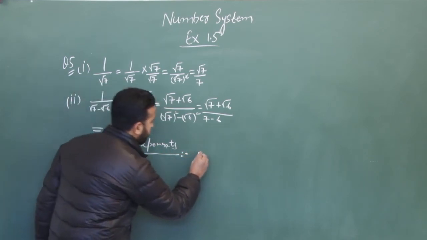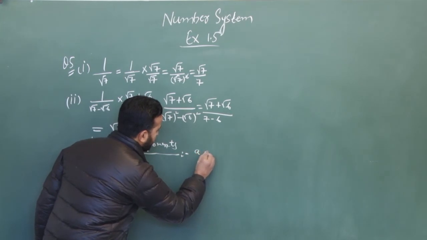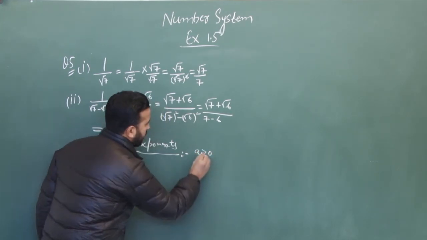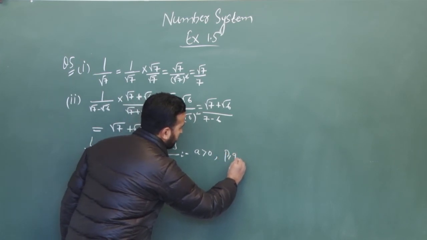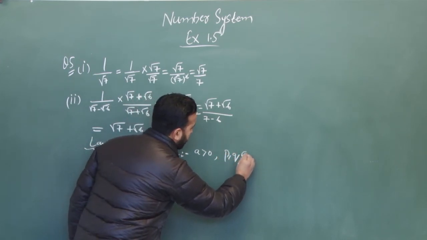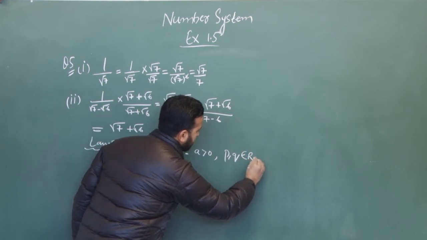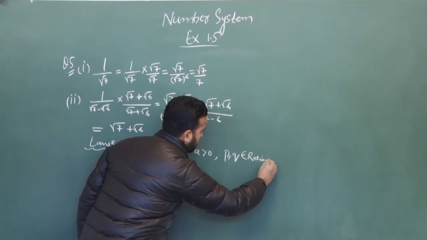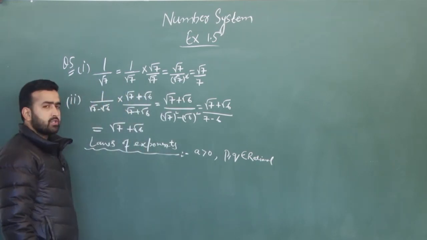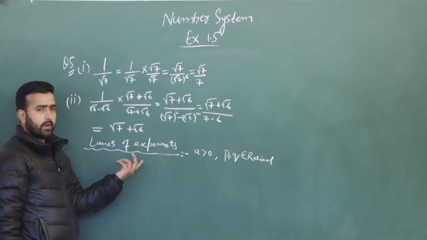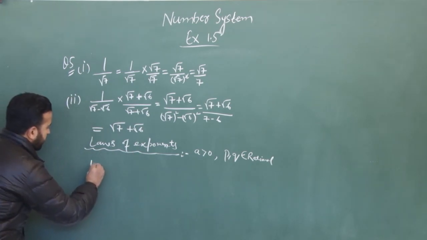That means if a greater than 0 is any real number and p, q belong to the rational numbers. So what are the different laws that we call the laws of exponents, or in other words we can say laws of radicals as well. The first one is,